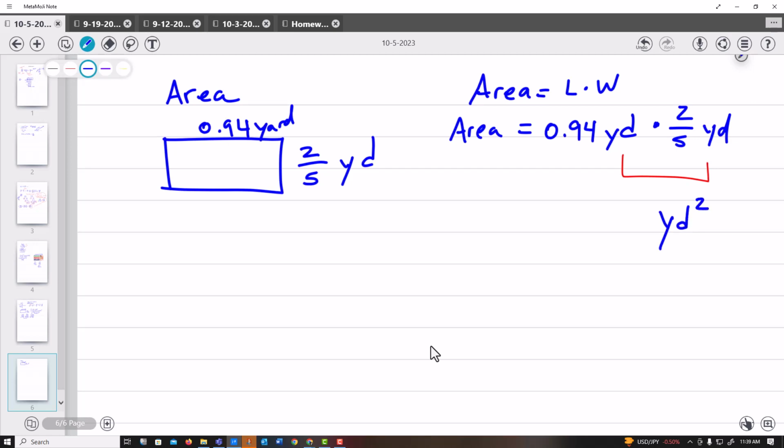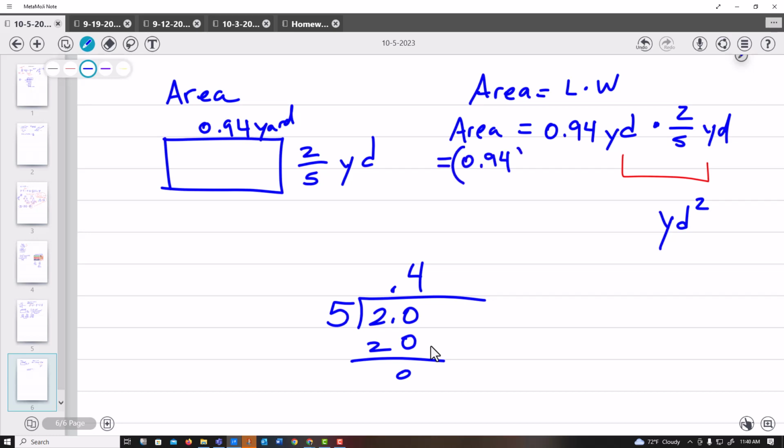I don't know what I'm going to do with this other stuff yet, but I know that would be yards squared. So when I want to multiply a decimal by a fraction, you probably want to change the fraction to a decimal, because I know how much y'all love fractions. So I can do that quickly. 5 into 2, just another good practice of long division. 5 goes into 2 four times. My remainder is 0, and I have a decimal right there. So I'm going to have